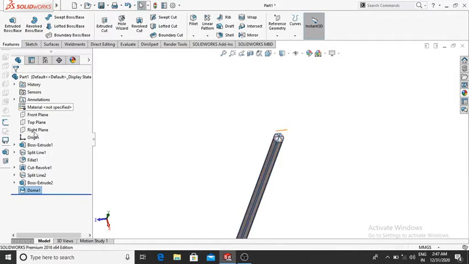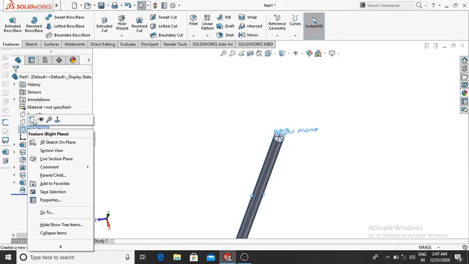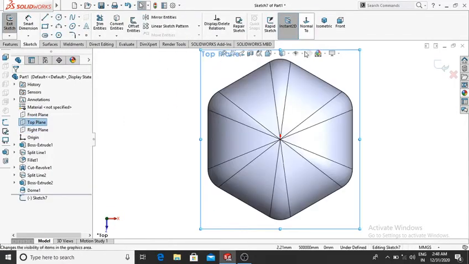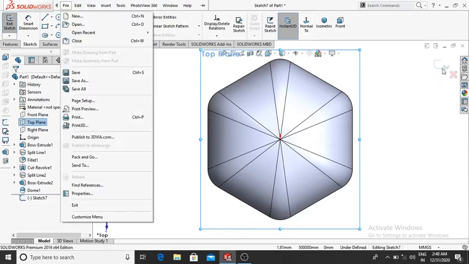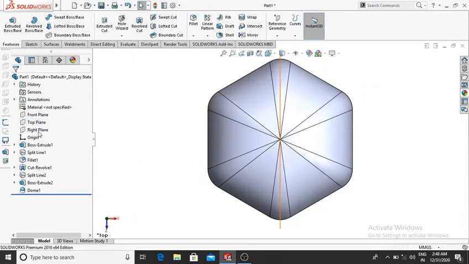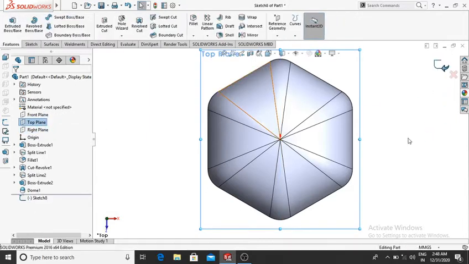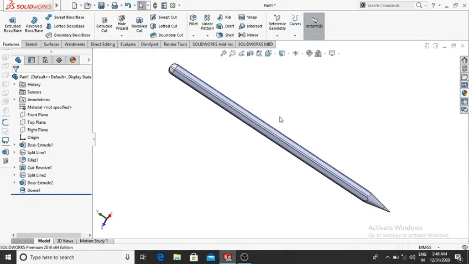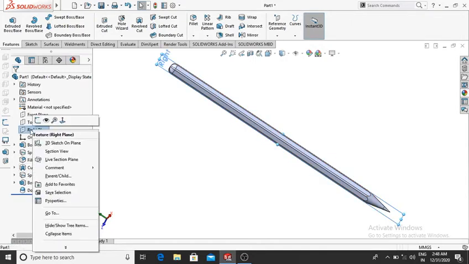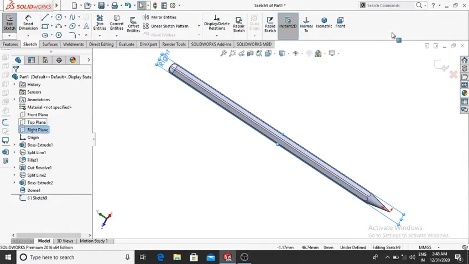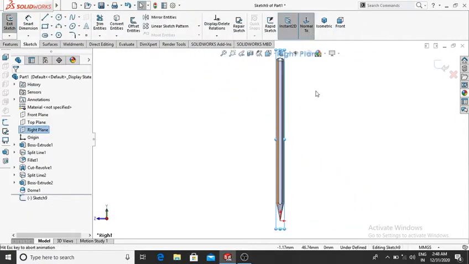Again select the right plane, sketch, and make it normal.